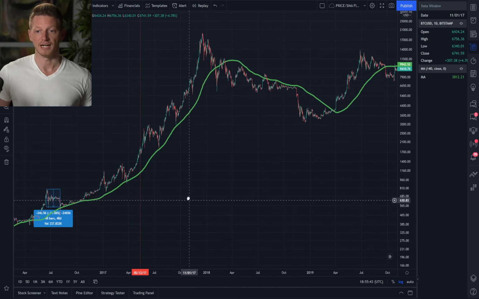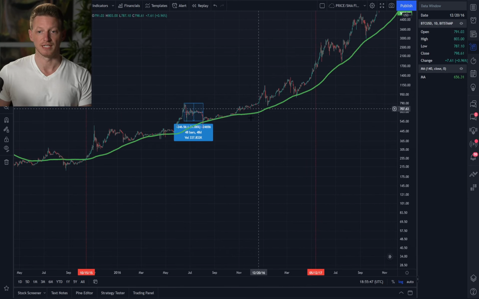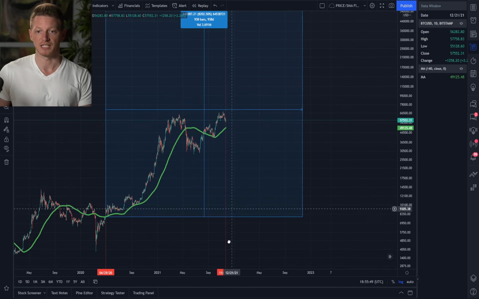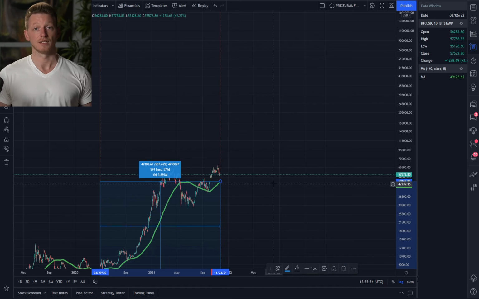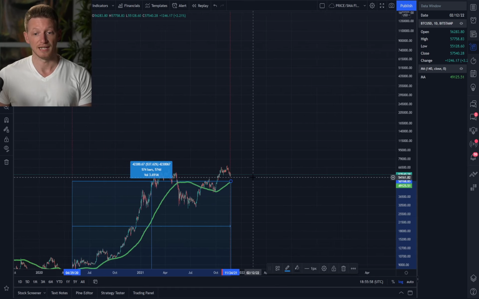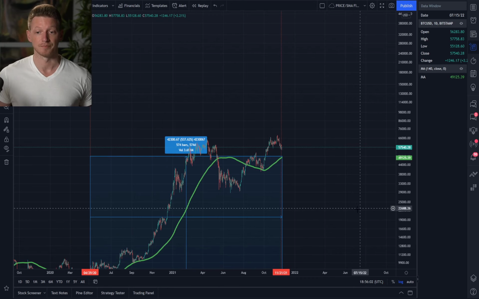30% correction here. And notice they all went to the 20 week and bounced off of it and used it as support. So that's why I am saying I believe that if we can come down to this 20 week, and the bulls are able to hold the 20 week, then the market cycle will continue. And I think things look good.